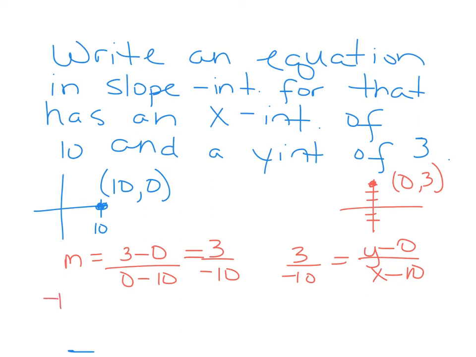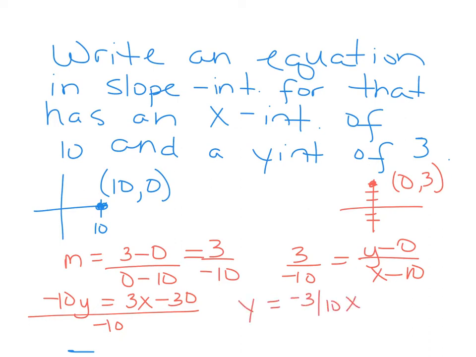So I get negative 10y, and then negative 10 times 0 is 0. And then 3 times x minus 10 is 3x minus 30. All right, I need to solve for y, so I'm going to divide both sides by negative 10, and I get y equals negative 3 tenths x, and then plus 3. And there's my answer. I was kind of surprised at how many of you were having a little difficulty with